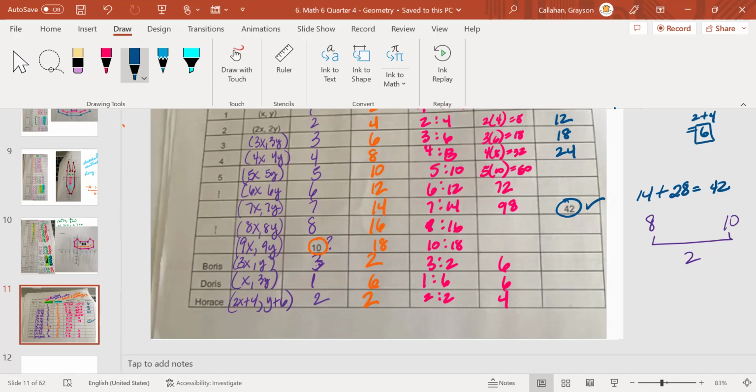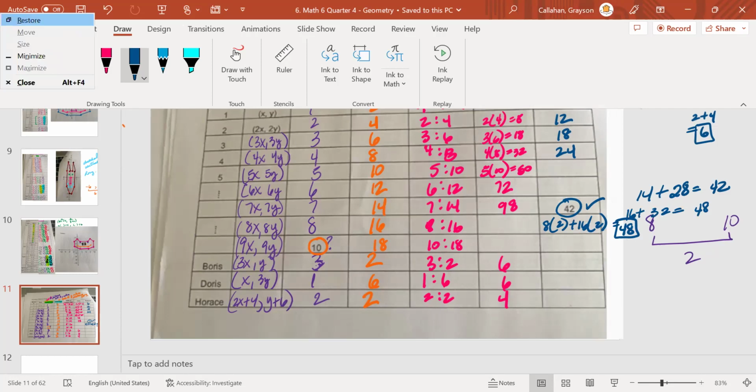This one right here, this is going to be 8 times 2 plus 16 times 2, which is 16 plus 32, which is a 48. This is a 48 right there. You see that? Okay, so you can do this at school, yes? Okay, so then,